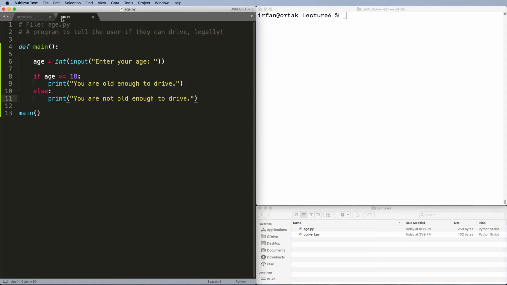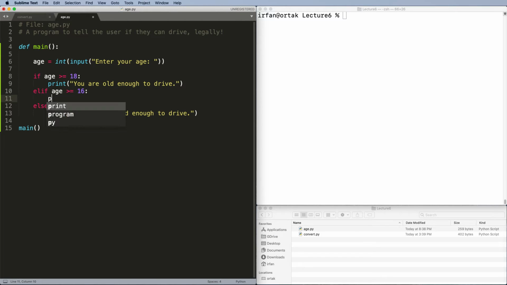So back to our age example. We have an age that is integer input, enter your age, and our conditions are if age is greater than or equal to 18, we say you're old enough to drive. If not, we can have another elif condition, and we can say if age is greater than or equal to 16, in that case, we can say